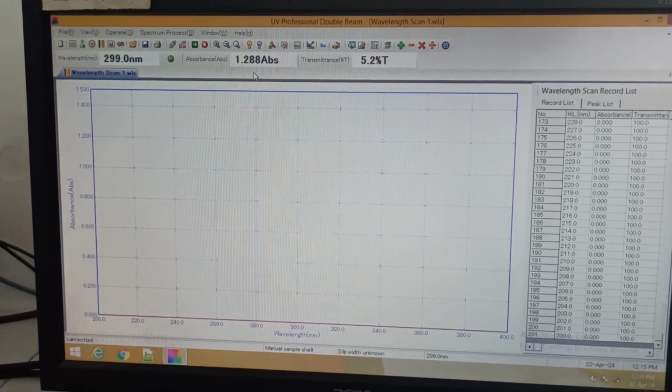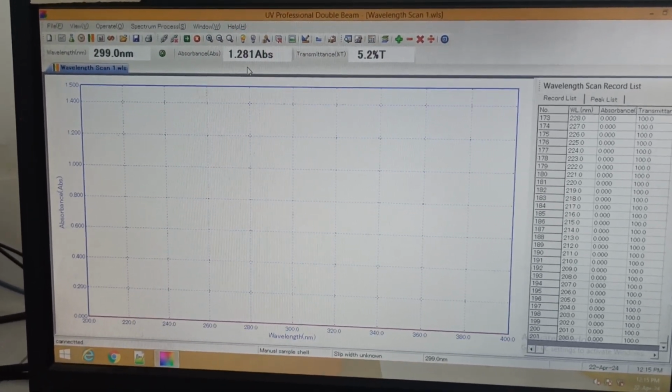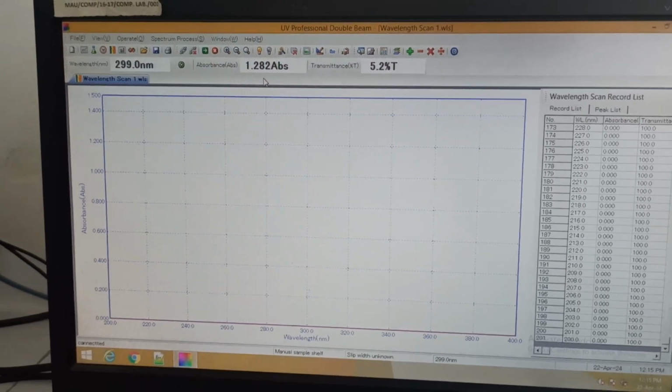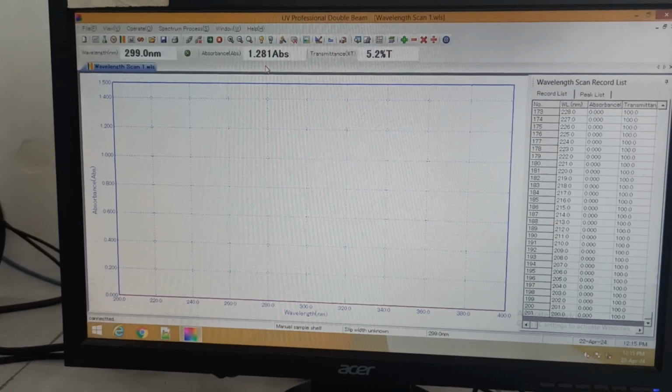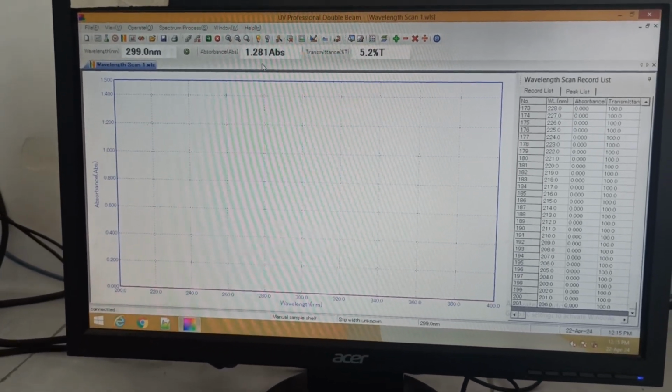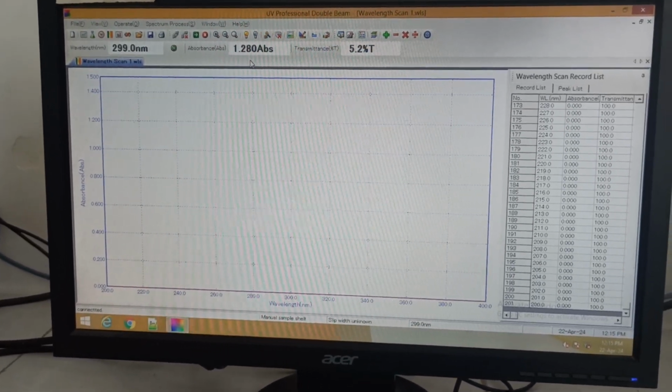Note down the absorbance. Similarly, note down the absorbance of all the standard solution one by one, and also note down the absorbance of the sample solution.